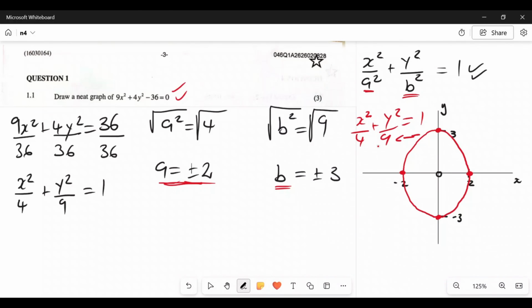So guys, this is how you draw the ellipse. I hope this part of the video helped you to understand how to draw this type of graph. Just in case you did not understand, go to the point where you do not understand and rewatch at that point. And if that doesn't help, do not forget to comment in the comment section, and I'll try to answer you